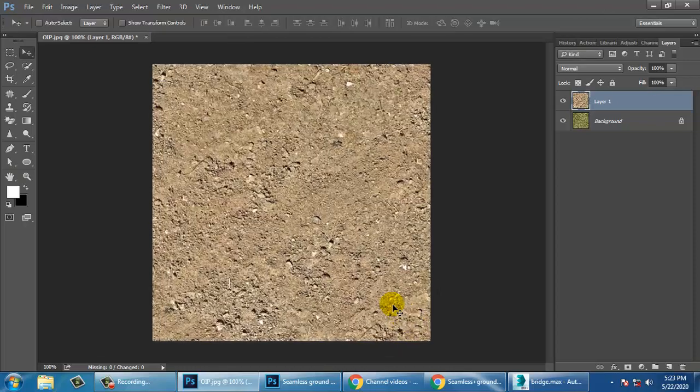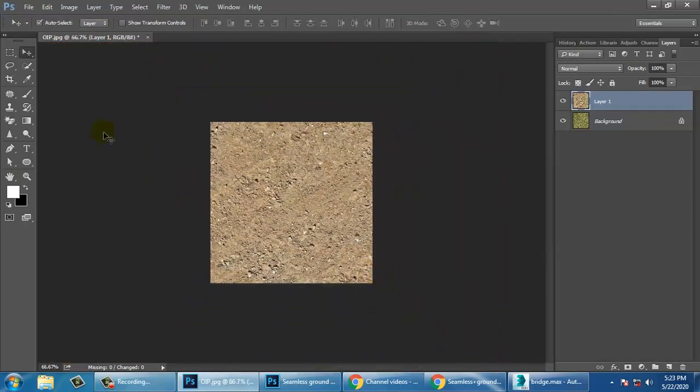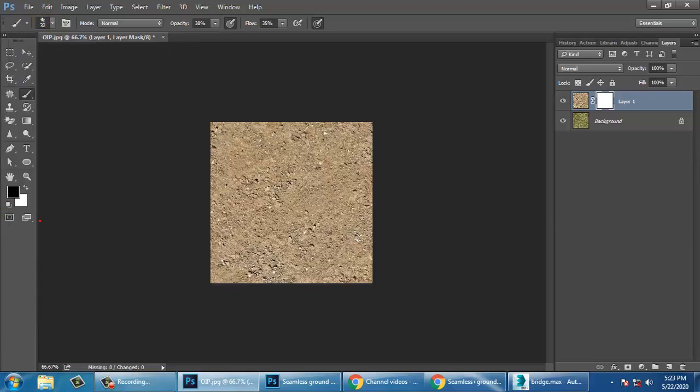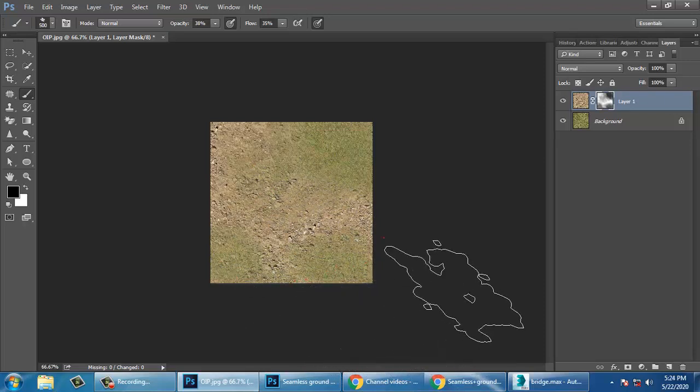So once you're done, let's go into this and just mask it over here, and you can take any good brush over here. If you want, you can take a brush and just mix that.